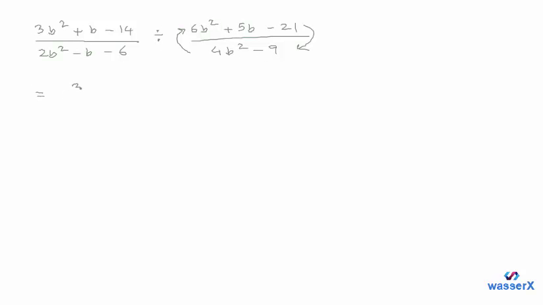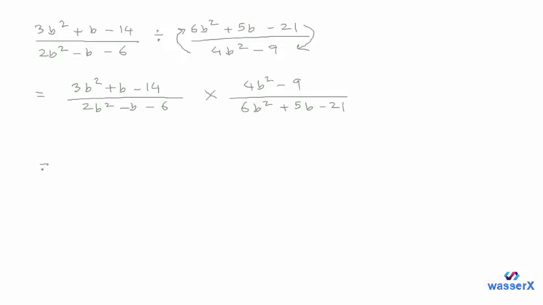So this is going to be equal to 3b squared plus b minus 14 on the top over 2b squared minus b minus 6 on the bottom, multiplied with 4b squared minus 9 on the top and 6b squared plus 5b minus 21 on the bottom, which is equal to, in their factored forms, 3b plus 7 times b minus 2, that's the factored form of this, over this one is 2b plus 3 times b minus 2,